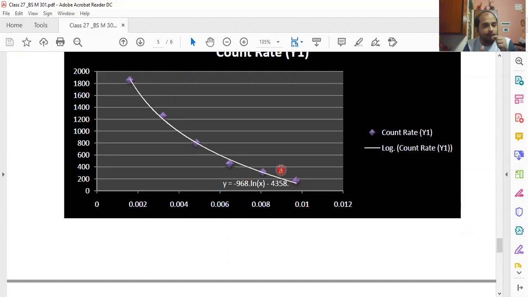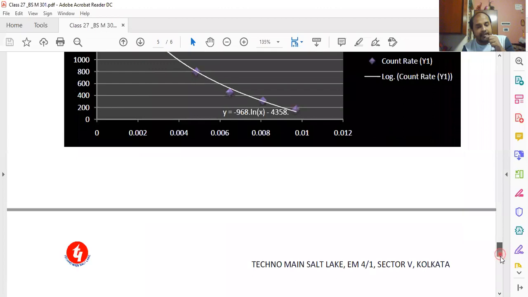Now you can compare this curve. You see all the points are lying on the curve. If we could use this logarithmic curve earlier, then there was no need to go for exponential fitting. So the main point is that, before I conclude, let me tell you, I started doing